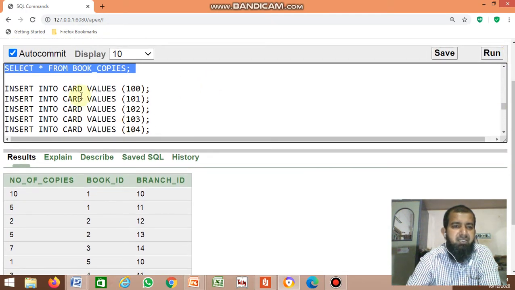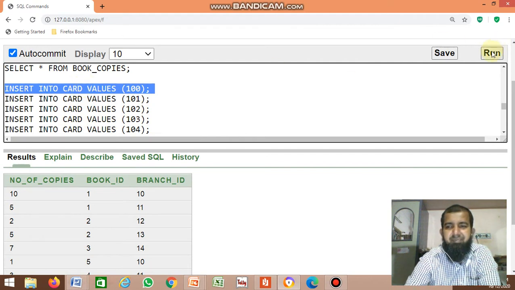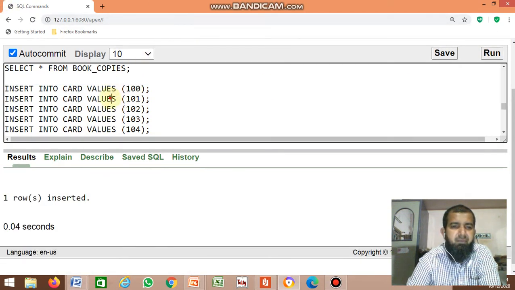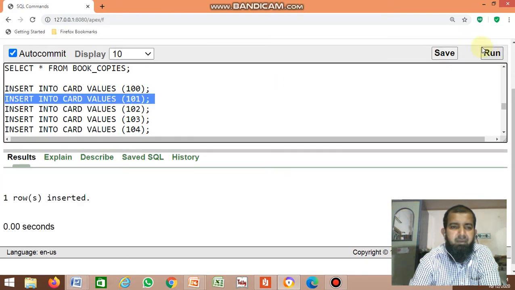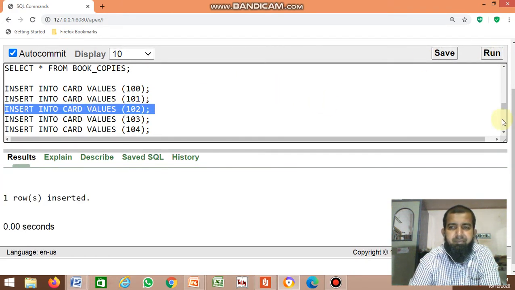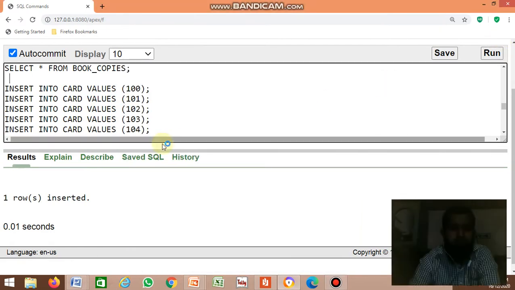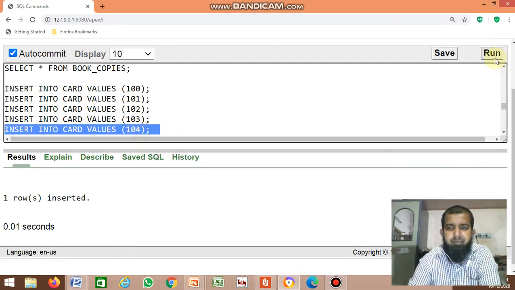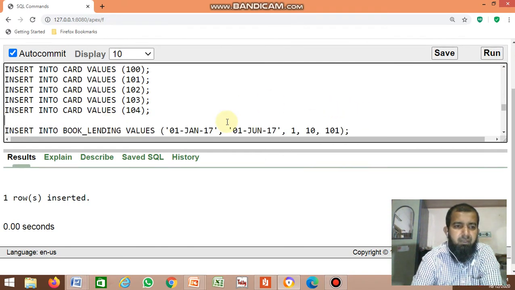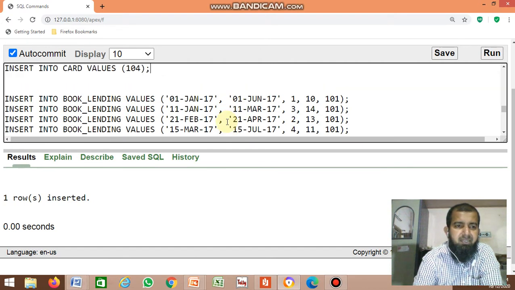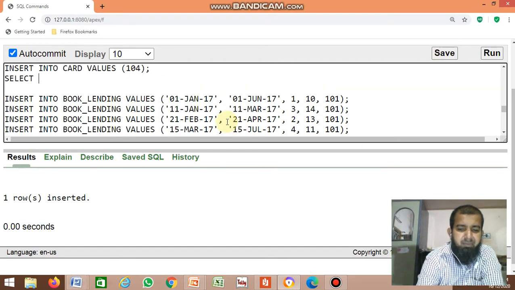Next, card table. Insert the values in the card table. Okay, now display the contents of the card table: select star from card.